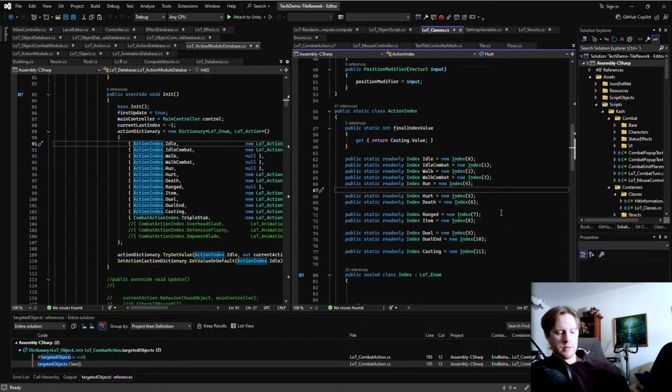The barrier has multiple parts because it's a persistent effect, so it needs an animation for coming into existence, and then it needs to have a loop section, and then it needs to have an ending, and I also wanted to have an effect for getting struck. So the barrier needs to have multiple actions. But I don't want to just assign it to idle. I want there to be